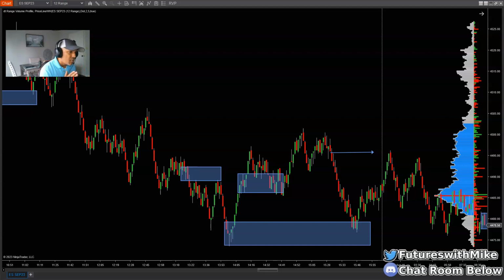I just want to talk about support and resistance and what happens a lot of times when people get into a trade and trade the break of an area of support or resistance. And I'm going to show you an example of what I'm talking about. Now, does this always happen? No, it does not. Sometimes price will retrace back to a key area of support or resistance and then take off from that area.